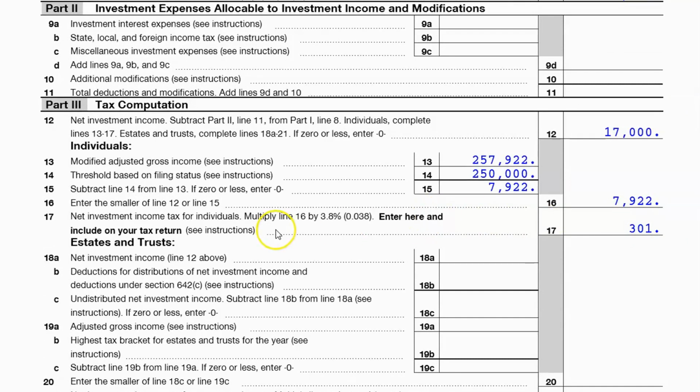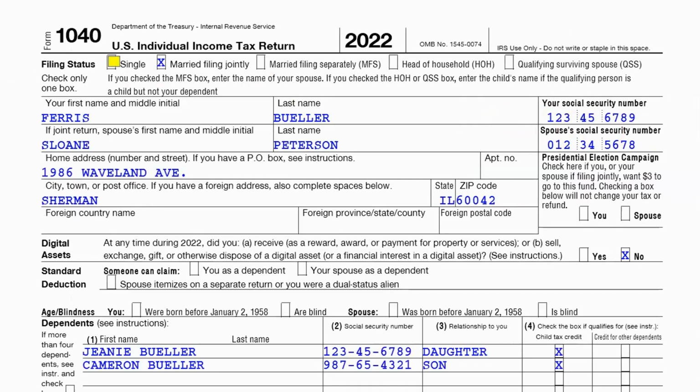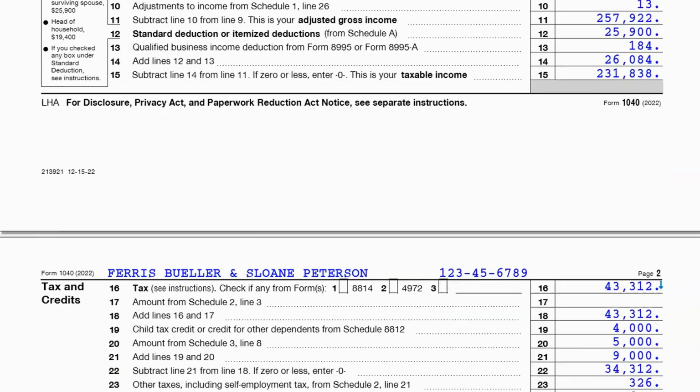So anyways, I just wanted to walk through an example so everyone can look at their tax returns and understand this tax, because we're seeing a lot more people get impacted by this. And if you think about it, if you're in the 24% tax bracket, 25% tax bracket, you add another 3.8%, now you're in a whole different tax bracket, right? So it's really important to understand your tax return, understand where the numbers are coming from. Make sure your CPA is explaining all this to you.